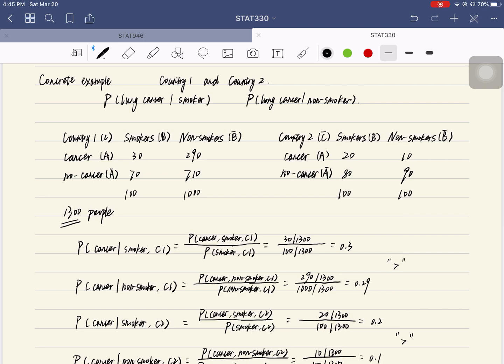From the table, you can see the total number of people in country 1 is 1100, but only 100 people are smokers, while this ratio increases to 1/2 in country 2, where there are only 200 people but 100 of them are smokers. So this is